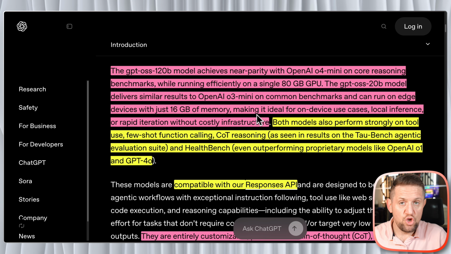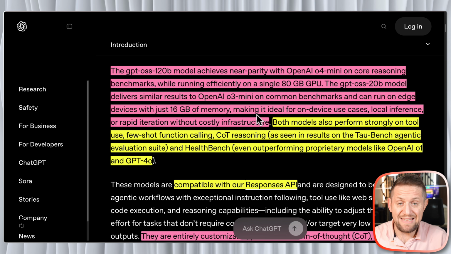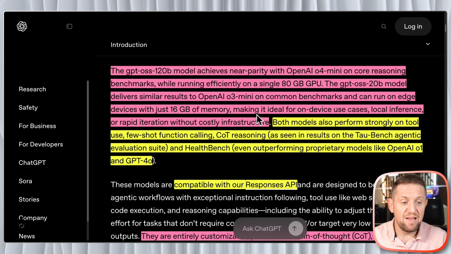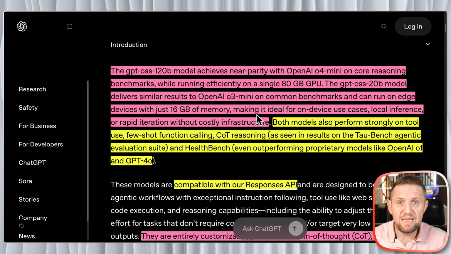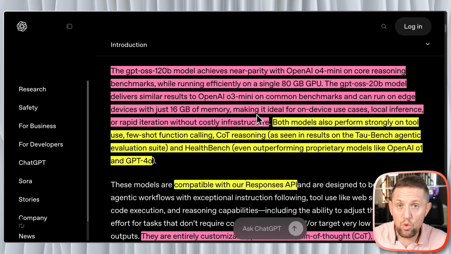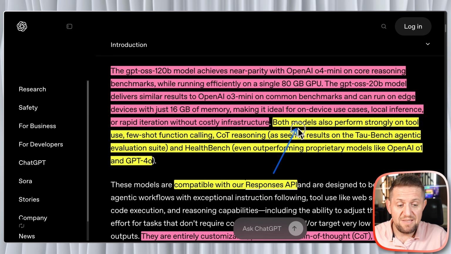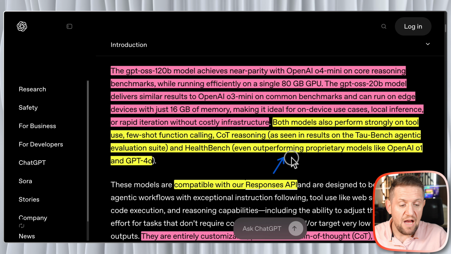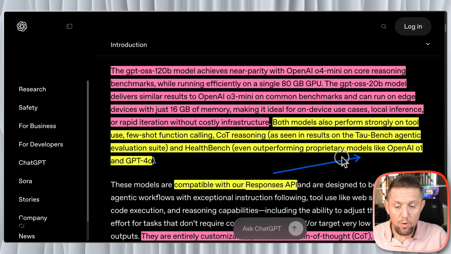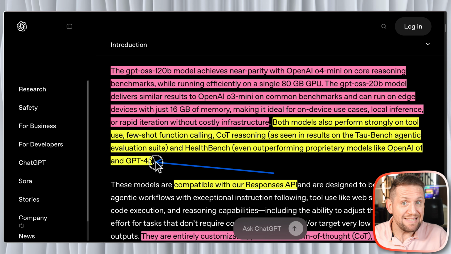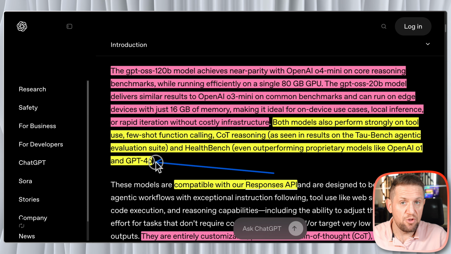costly infrastructure. So the small models are the ones that are getting super interesting, because they do really well on benchmarks, and they are so light you can practically run them on any small computer that you have, on the edge, on the cloud, wherever you want, at a very low cost. Again, they're highlighting that both models also perform strongly on tool use, few-shot function calling, chain-of-thought reasoning, and on HealthBench, even outperforming proprietary models like OpenAI O1 and GPT-4o. So those are small and super powerful compared to the size of these models and the fact that they are